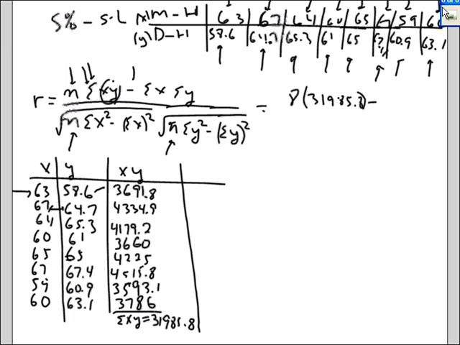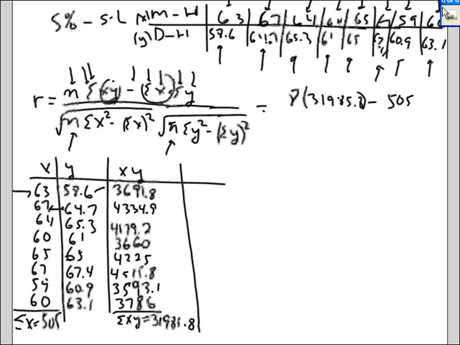Minus, says minus, now it says to add up x's. So you add up the x's. The summation of x's. You go to that column, you add it up, and you get 505. Okay, 505. Times